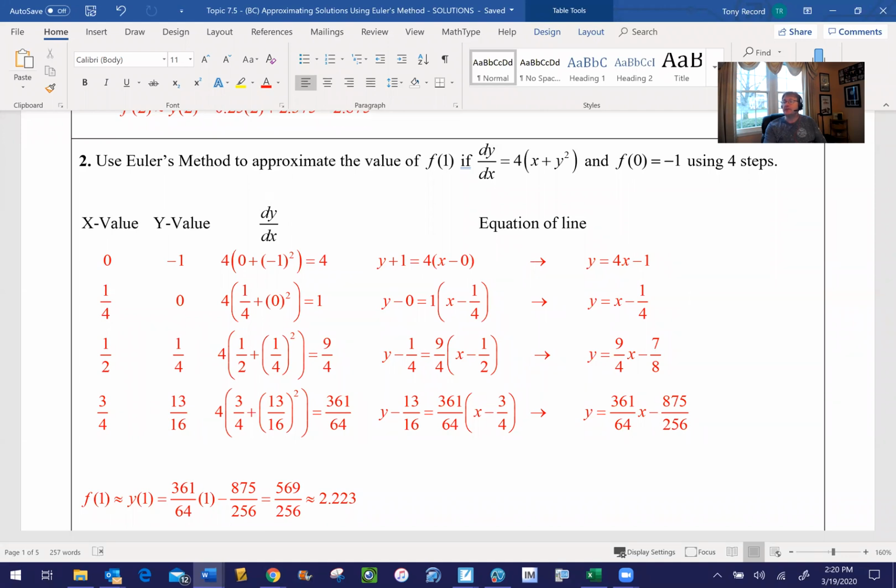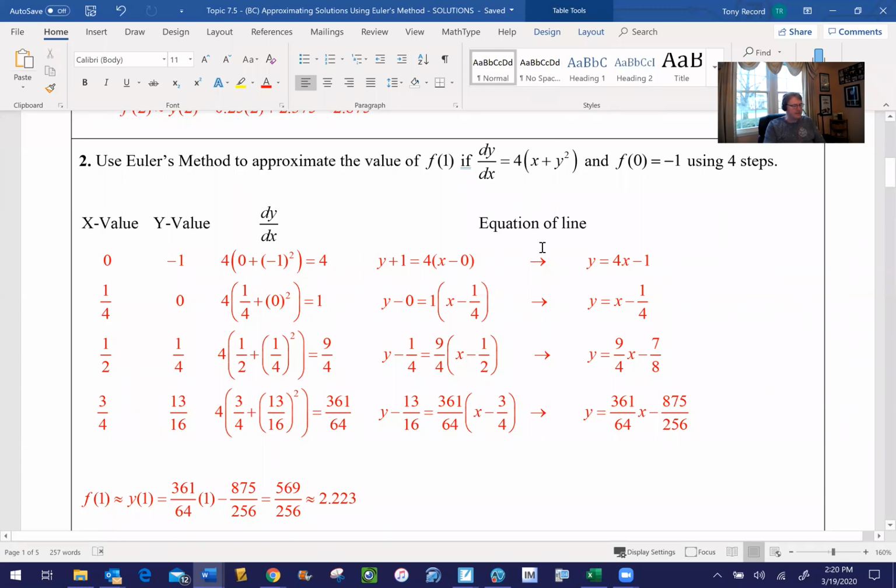I'll tell you what, if you get these really hideous looking answers, number 2, it's 569 over 256, or as a decimal 2.223. I mean, you've got to feel pretty good about yourselves. But let's look at all the horrible, hideous arithmetic that had to go on. And for those of you outside of Avon watching this, I know for a fact that this is not what